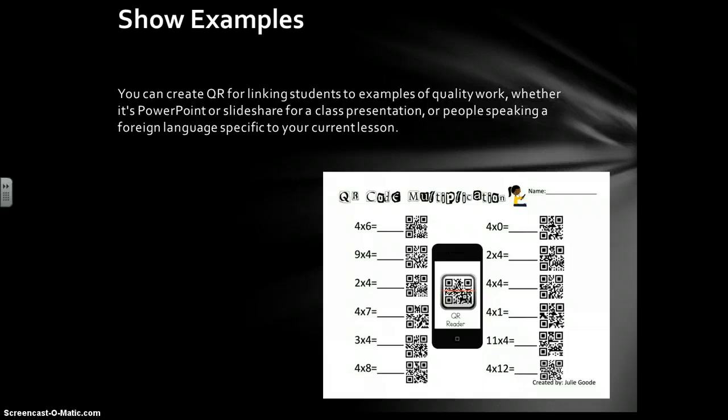So this is great for homework. So showing examples. It's not going to give you the answer to 4 times 6. It's going to show you another problem of how they worked it out by using a QR code. So they scan that QR code, they will see exactly how that step is worked out, and it will help them solve their problems at home. So you can't be there to help them. Maybe their parents don't know how to help them either. You have given them assistance